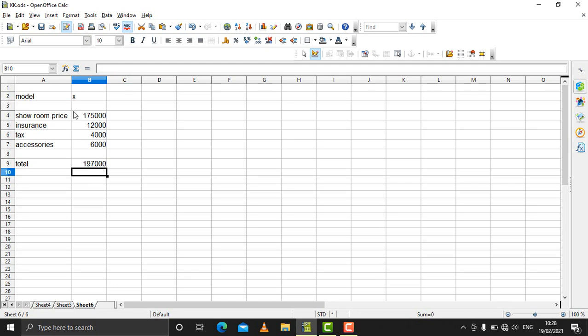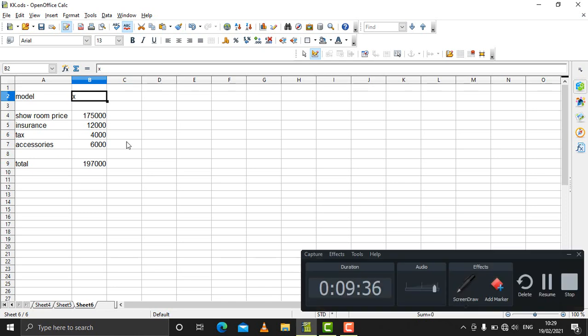Not necessarily, but what I want is that if I change the value here from X to Y, automatically all these prices should change. So what we can do is store multiple values here. Only we need to change this X to Y, Y to Z, and here automatically all the numbers will change. So the cell will now have multiple values. For performing this type of task, we require the help of the scenario tool.